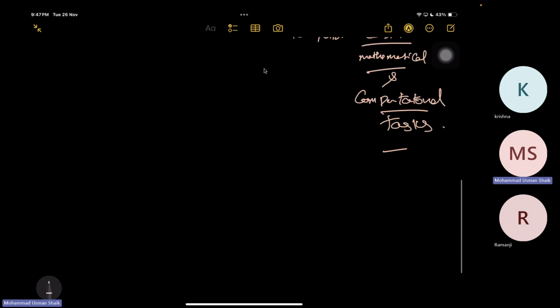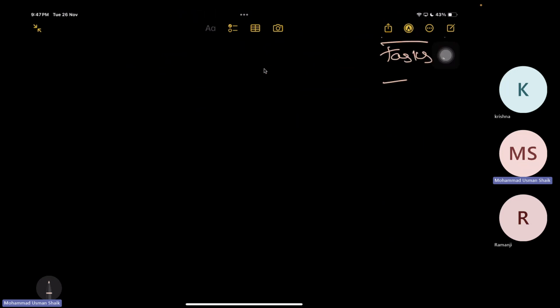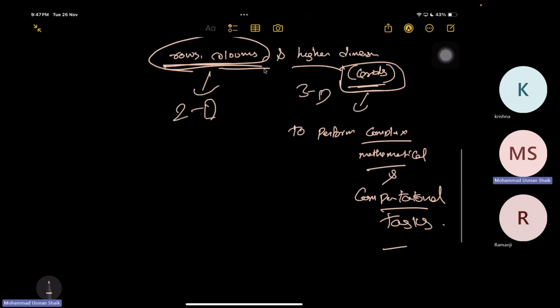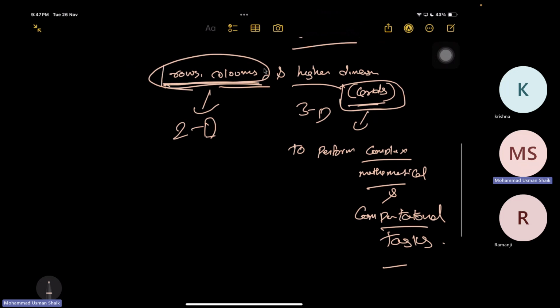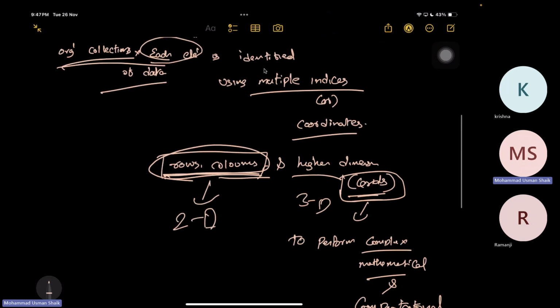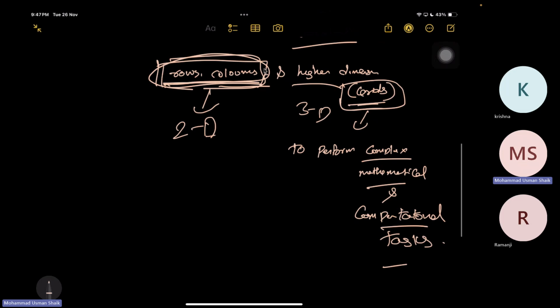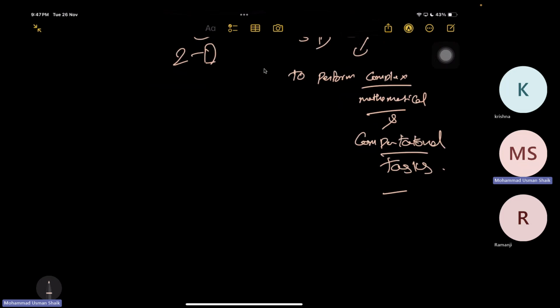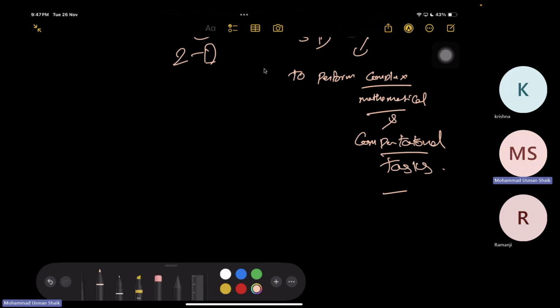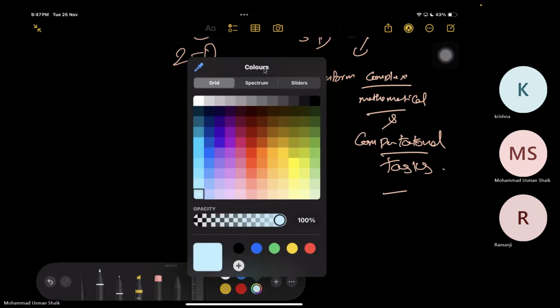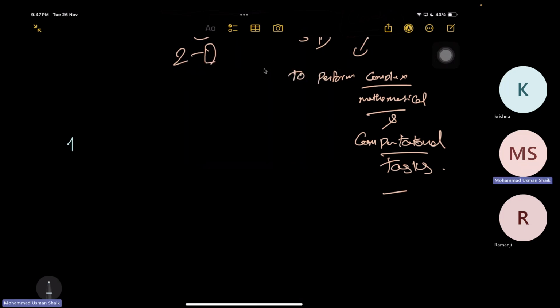Now, how are you going to represent those data structures using arrays? As we discussed, rows and columns are organized data and represent two-dimensional data. There is also one-dimensional, three-dimensional, and n-dimensional data. If you want to discuss those, let's say one-dimensional data, so this